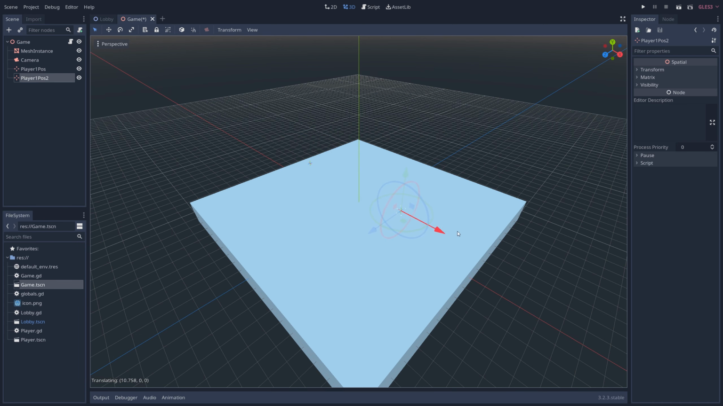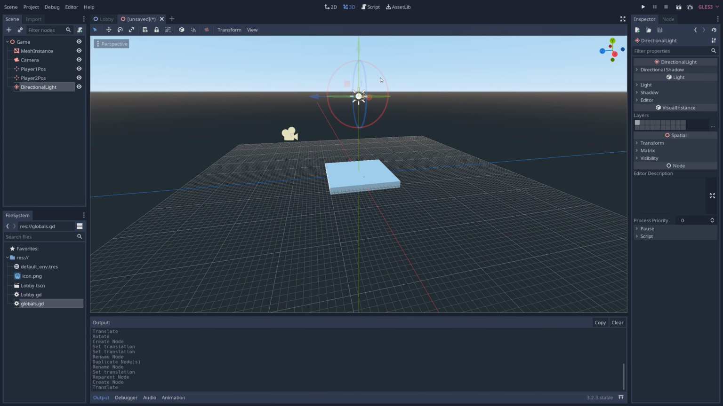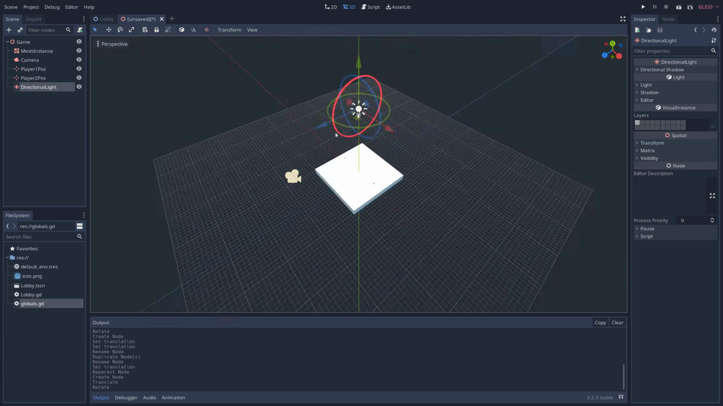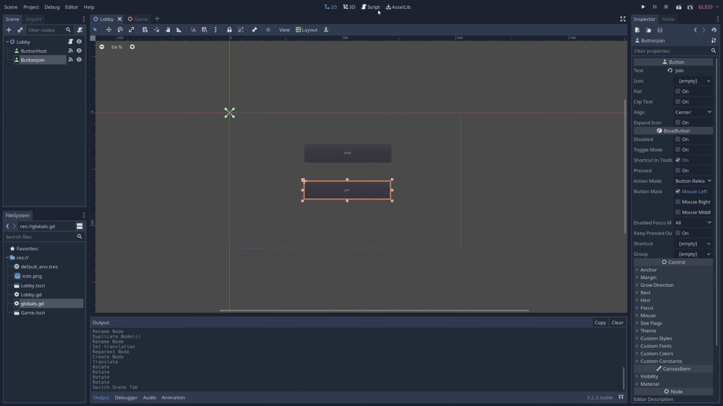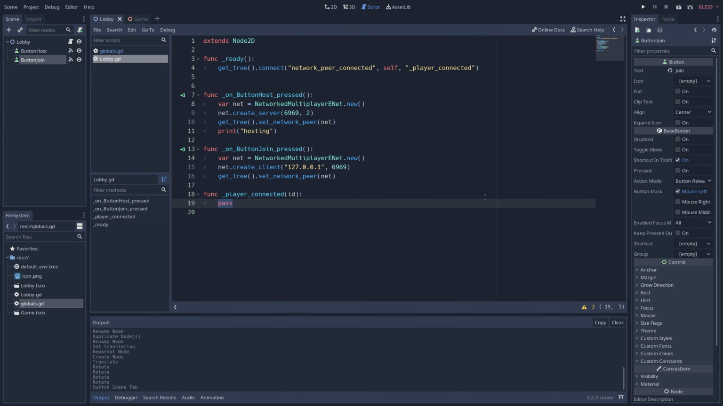Duplicate it and move it to another location and rename it to Player2Pos. If you want, you can add some lighting to make things easier to see. When we save the scene, we're going to call it game.tscn. Return to the lobby scene, and in the script, under the player connected function, write